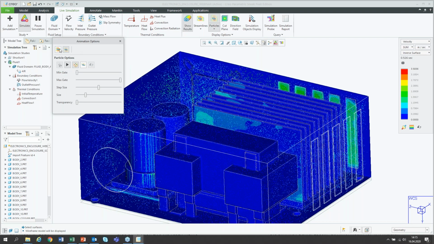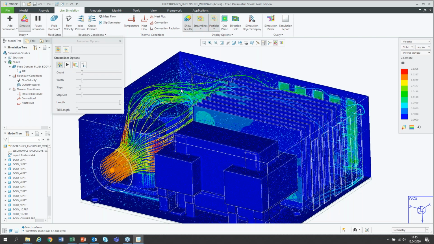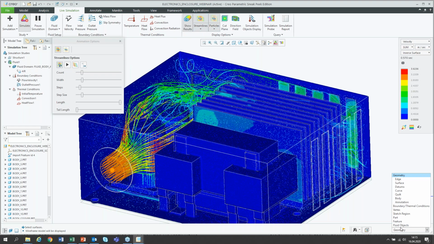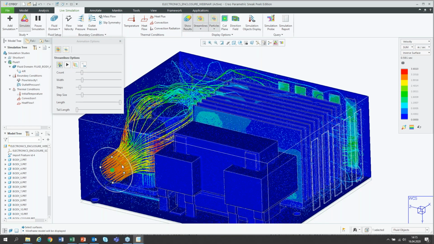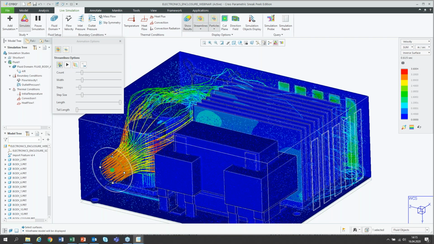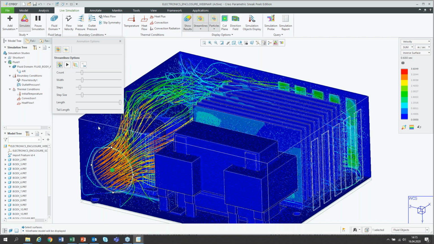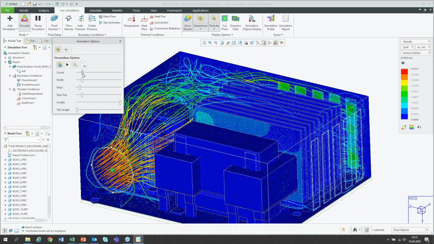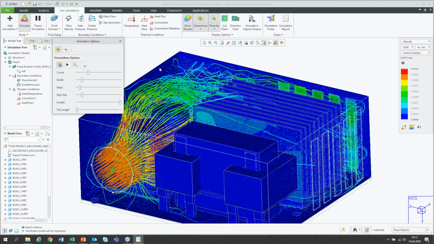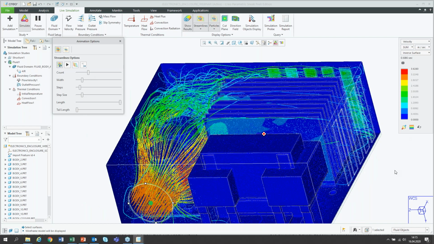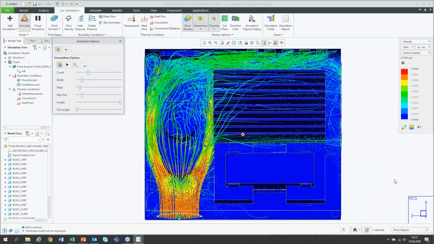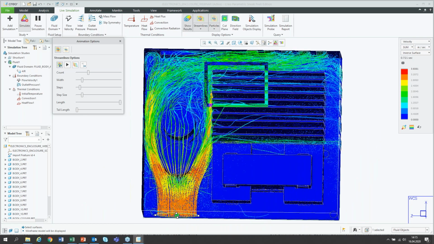Maybe here, and I'm bringing in my streamlines. And again, I'm changing the fluid objects by holding down the Shift button. I want to see more of the streamlines. Okay, and I'm watching here from top. And I can see here, yes, my cooling body doesn't work really perfect because there is nearly no flow here